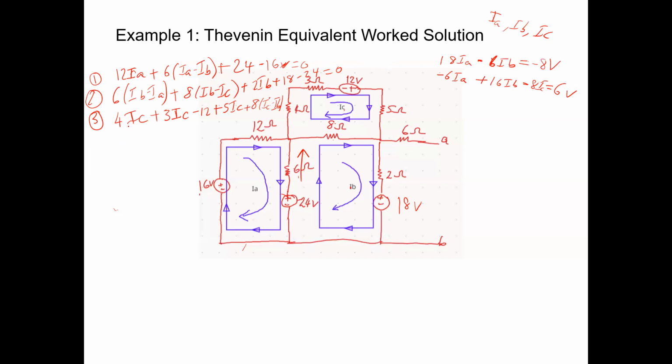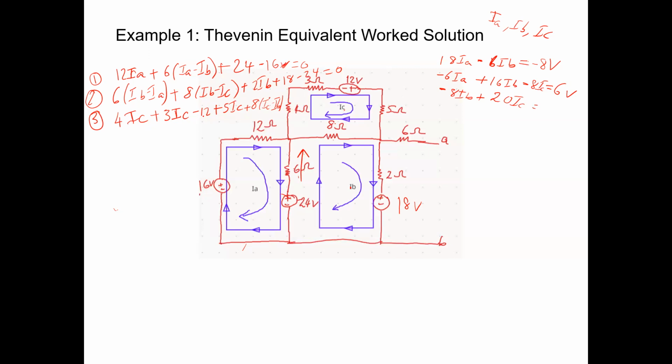And then mesh 3, we don't have any IA, okay? I think we have IB on here, minus 8 IB, minus 8 IB, plus, is it plus or minus? So let's see, 4 IC plus 3 IC is obviously 7 IC, they are in series, okay? And then 7 IC plus 5 IC, they are 12 IC, and then plus 8 IC, which is 20 IC, okay? 20 IC. That is equal to, I have minus 12, so that when this minus 12,